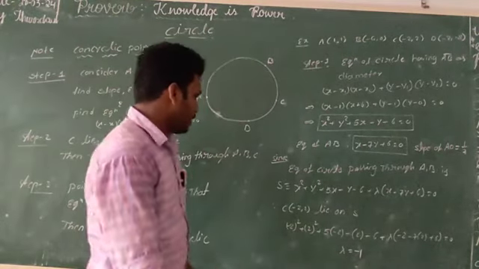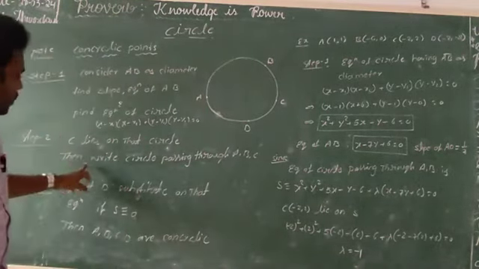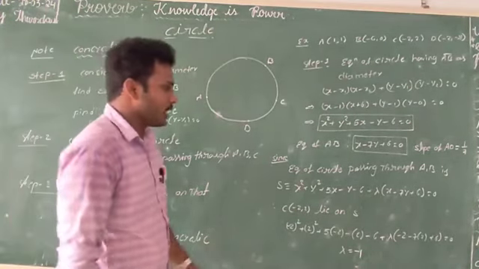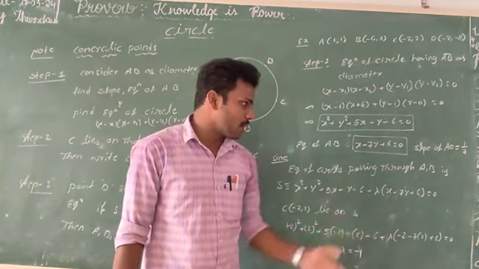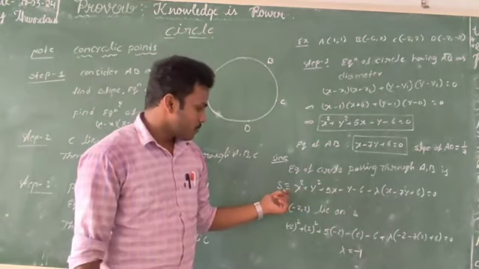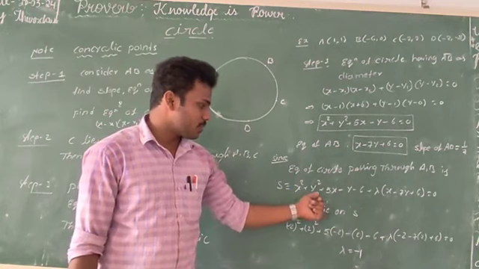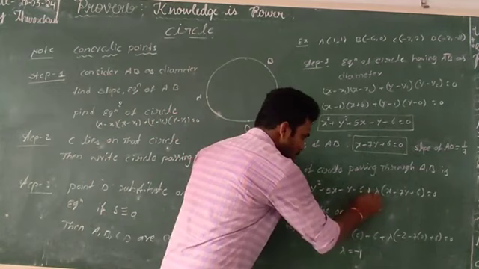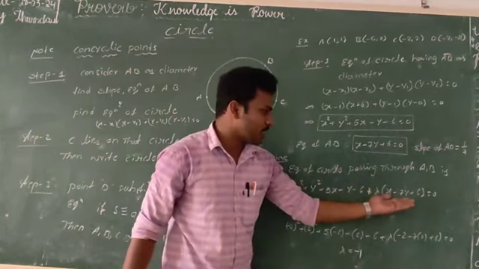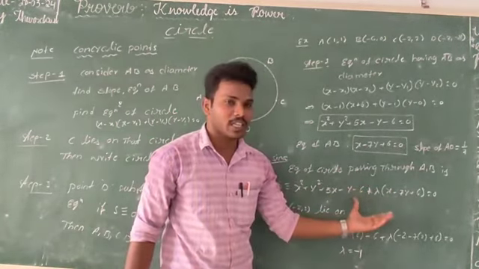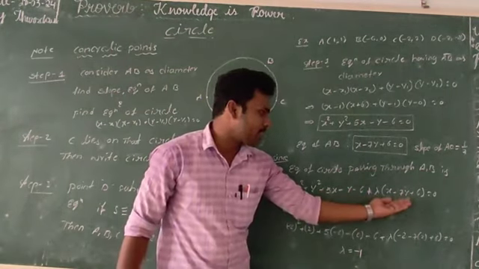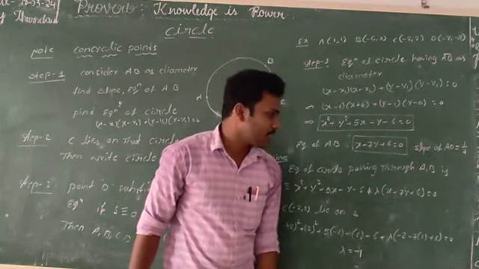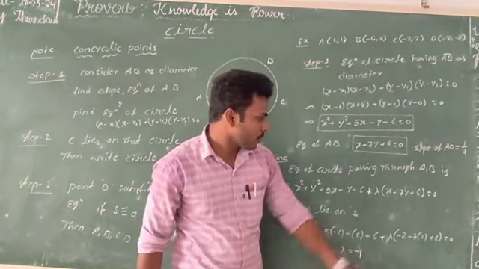Okay, now step 2. What is step 2 here? To find the circle equation passing through A, B, C. That's why I am writing here the equation of the circle passing through AB. So S is equal to x square plus y square plus 5x minus y minus 6 plus lambda into the equation of AB, some constant. I can use the system of circles concept, so equation plus something constant, that is lambda times the equation of AB, x minus 7y plus 6 equals 0.